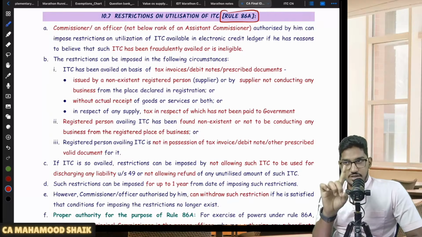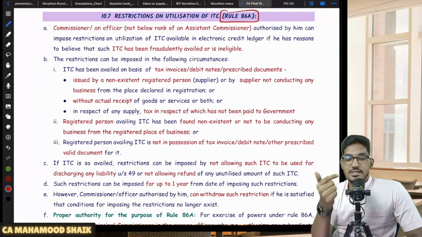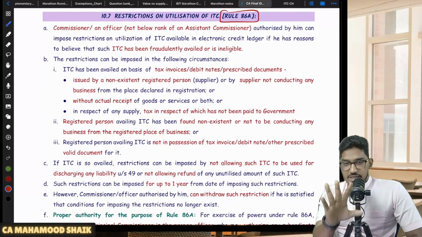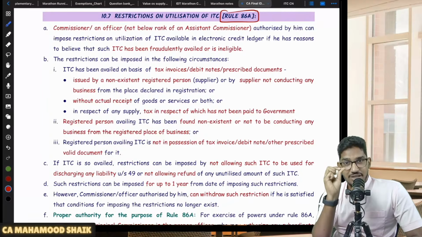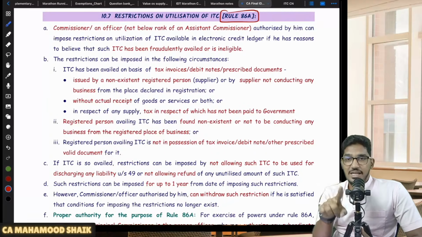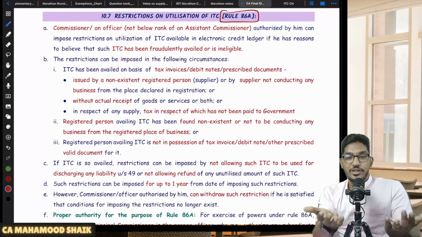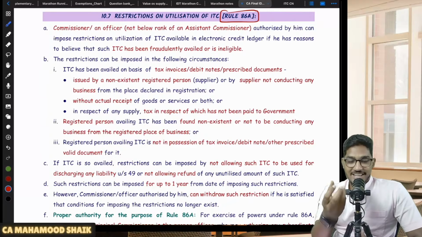So you have purchased some goods or services from a registered person. They have filed their GSTR 1. That ITC has flown into your GSTR 2B in the available category only, and you have claimed that in your GSTR 3B also. That amount got credited to your electronic credit ledger also. But after the amount got credited, they will keep it in the electronic credit ledger under restricted category. That means the balance will lie in the electronic credit ledger, but they will restrict you from using it. It's like there is food on your plate, but you can't eat it. So there will be a balance in your electronic credit ledger, but the officers will not let you use it. It will be restricted in your electronic credit ledger.